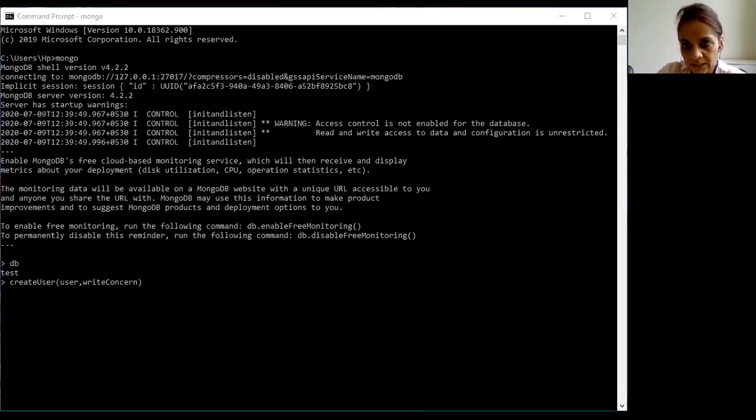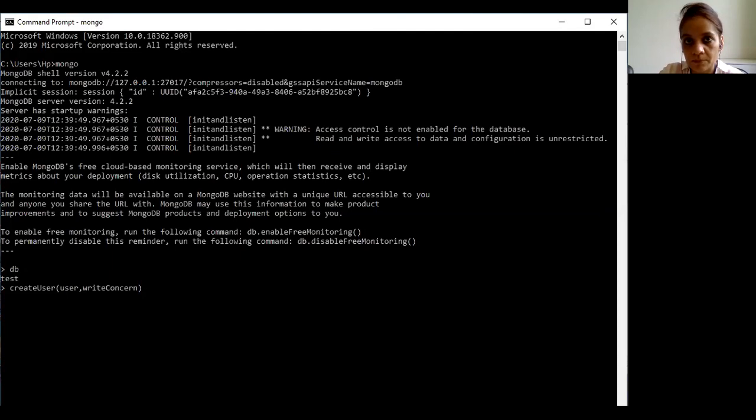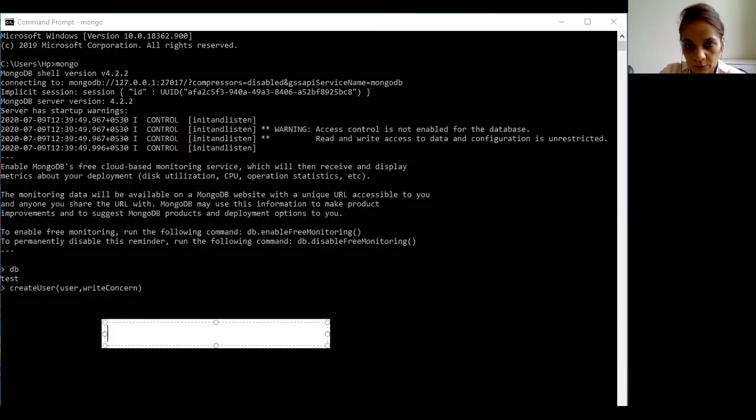So its syntax is similar to this. Let me write it in a text box.